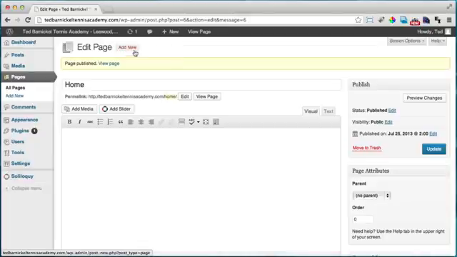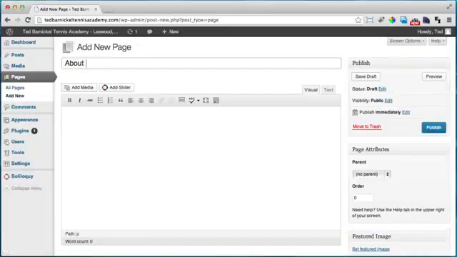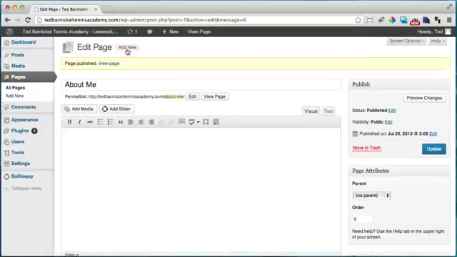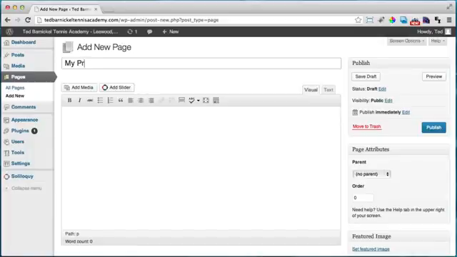The second one is going to be about me. So I'm going to click add new, type in about me, publish. The third is going to be called my process. So I'm just going to type it in right there. Publish it,